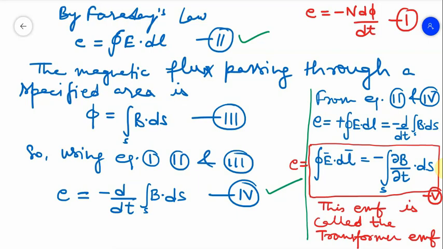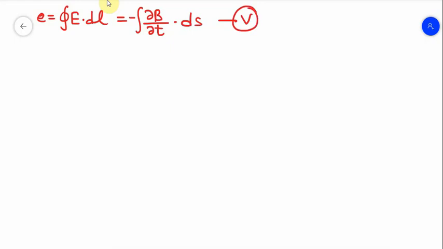Now after two more steps, the Maxwell equation for the time varying field will be derived. Time varying field के लिए जो Maxwell equation है वो दो step और करने से derive हो जाएगी. तो let us see कैसे करना है. अभी जो हमने transformer EMF का equation derive किया पहले उसको लिख देते हैं. Screen change हो गया. तो ये हमने derive किया है, induced EMF equals E dot dl equals minus del B upon del t dot ds. ये आपका equation 5 है और ये transformer EMF का equation.